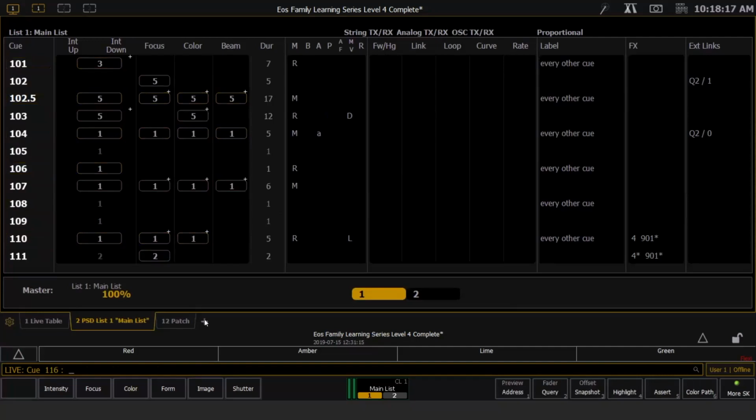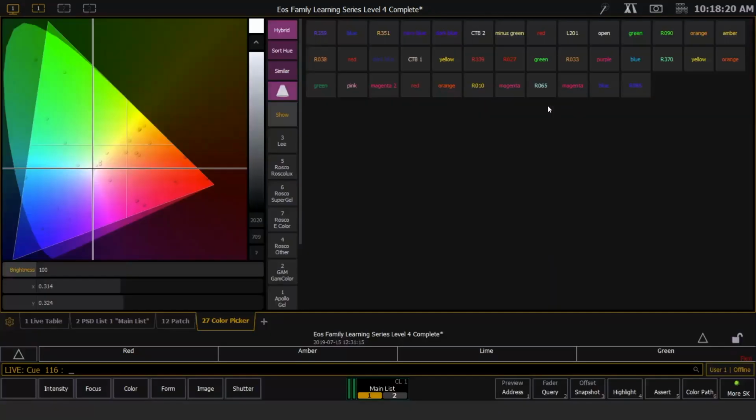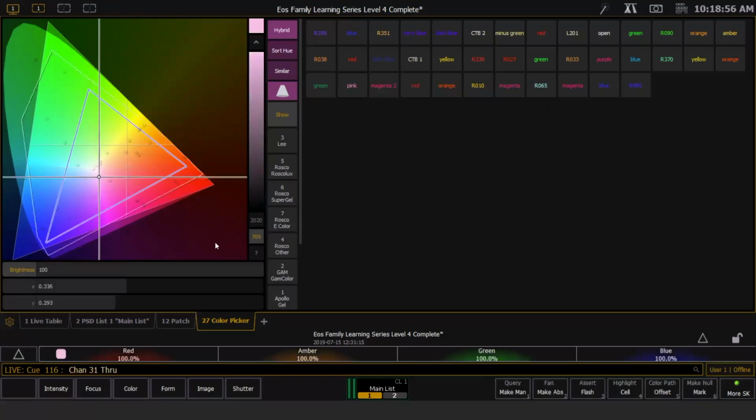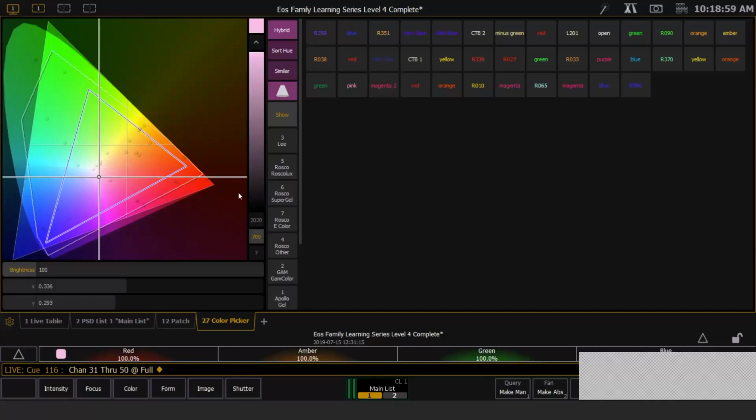All right, next let's look at our color picker. So we've added a couple of just visual indicators here for our CIE spaces. So these are Rec 709 here, which is a toggle, and Rec 2020. So these are references for cameras. So 709 is the HD standard, and 2020 is the UHD standard. So this is just a reference. So if I turn on 709 here, and I turn on channels 31 through 50, which are D60s, I believe,